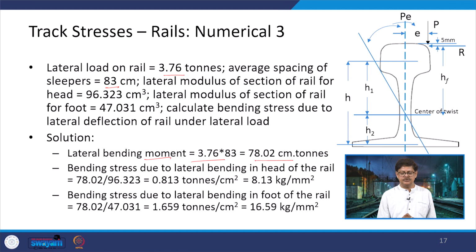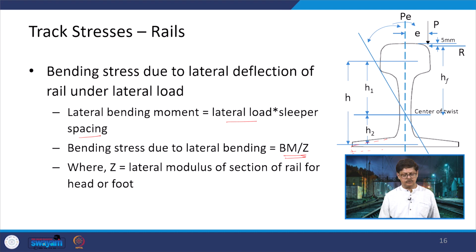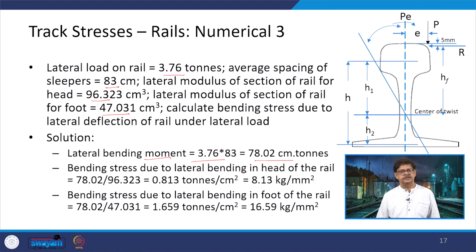Then what other values are being given? The lateral modulus of section of rail for head and the lateral modulus of section of rail for foot. So, that is the value which is given to us, and that is where we are going to consider it as JAD. So, if this JAD is being considered, then bending moment divided by this JAD value will give you